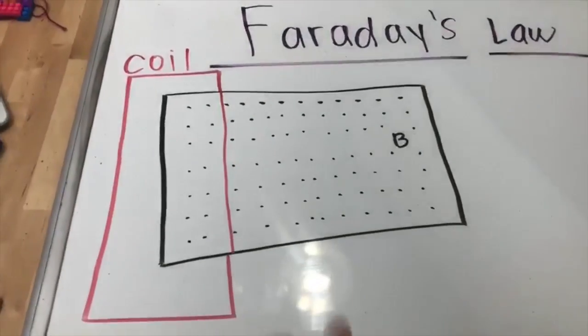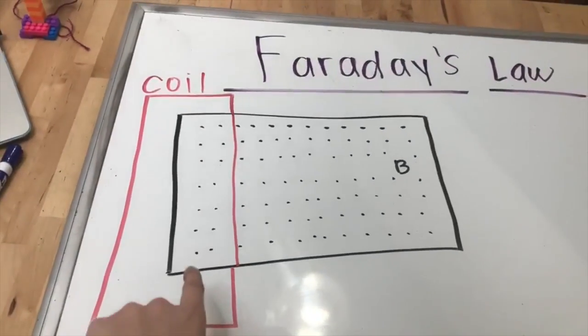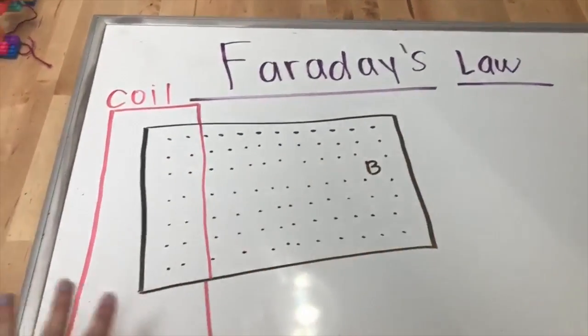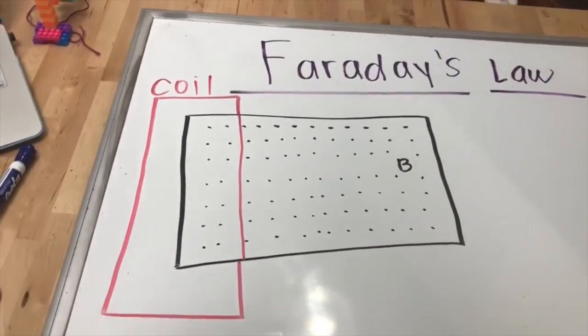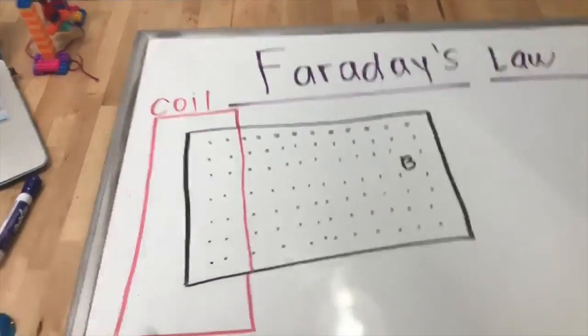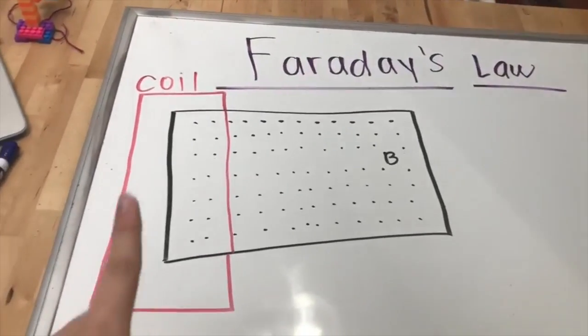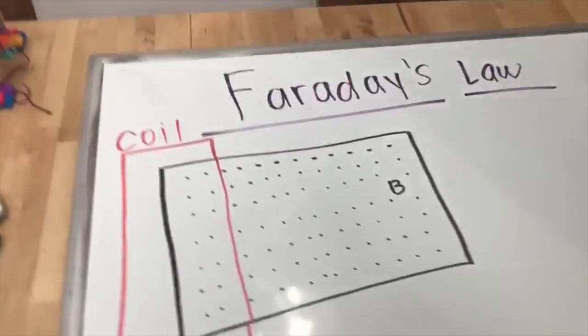So here I have my coil. And this is a uniform magnetic field. And I want you to think about what's happening when the coil is just sitting here. So to remind you of our equation